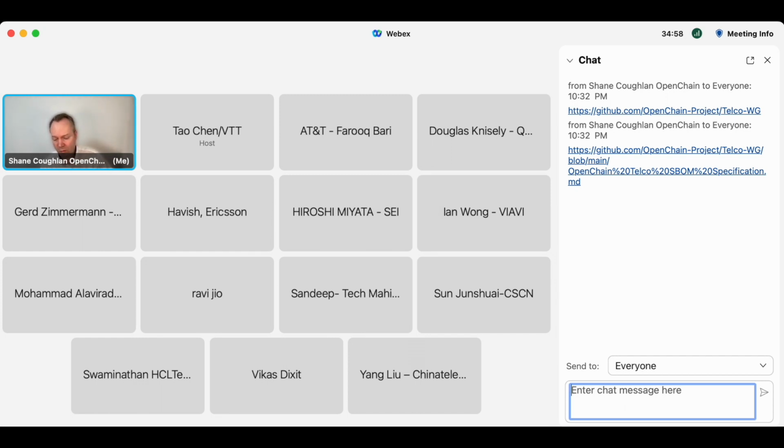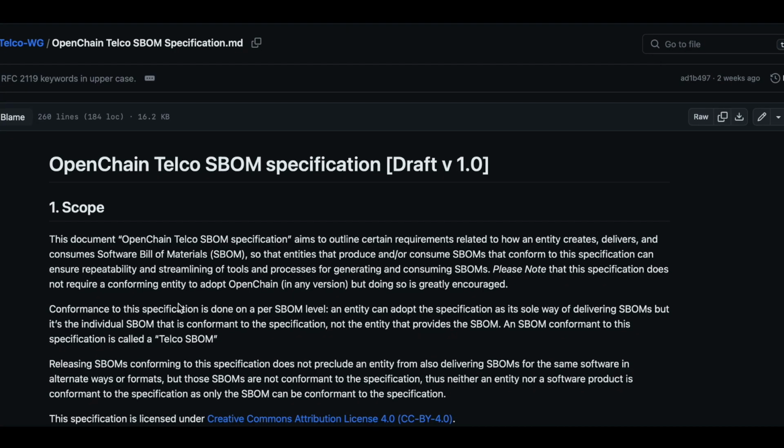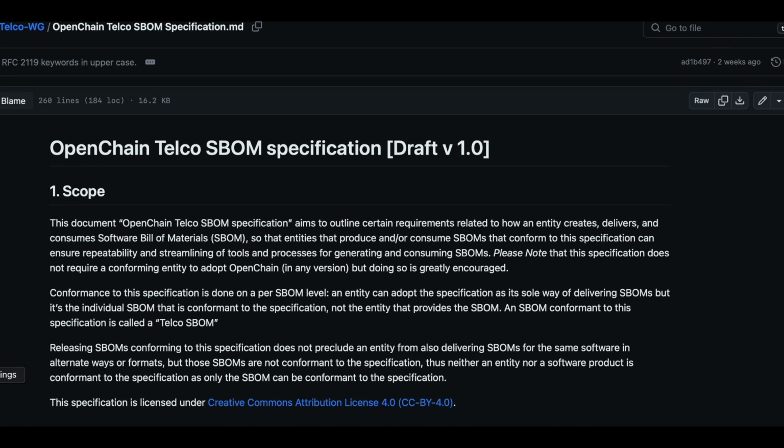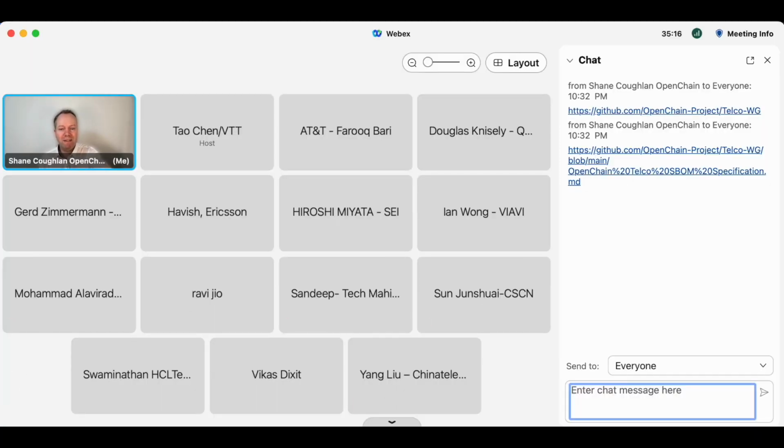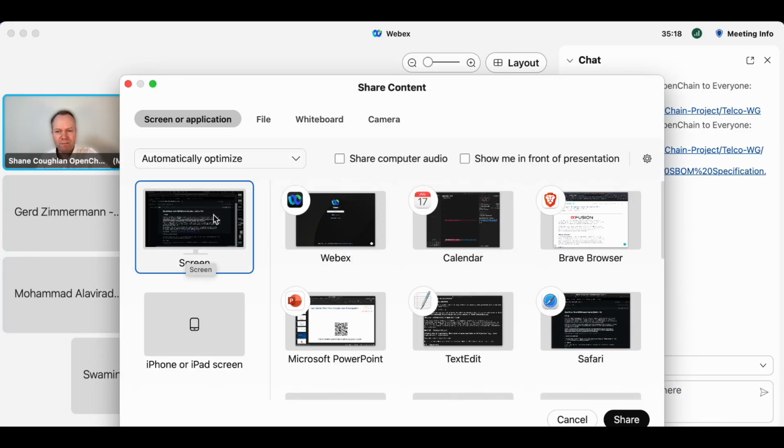One way we can get started with something like SBOM is to download a standard and see if it makes sense. It will rarely make sense because we're not prepped for the context. So I think the work by the telco workgroup here may to some extent be useful for you.